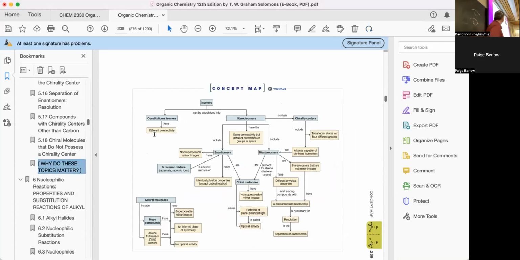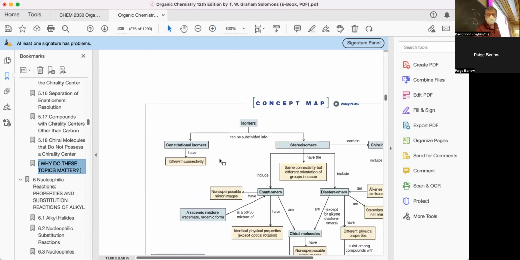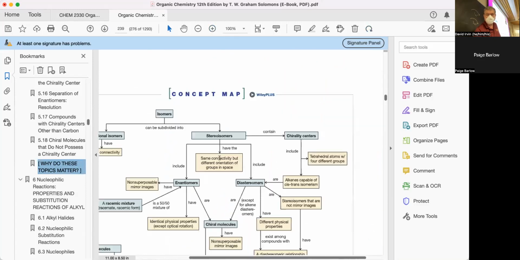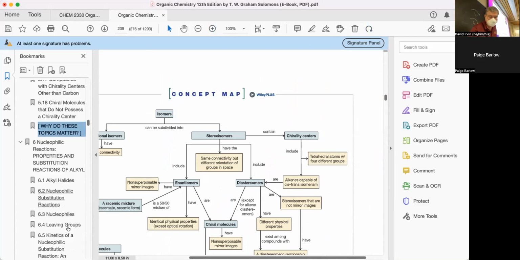And so let's blow it up again. There's a concept map in your book. There we go. And so it goes through isomers, stereoisomers, chiral centers, and what the requirements for each of these things are. So this is kind of good for concepts getting here, but it doesn't really help us with the reactions. But if we go to chapter 6,